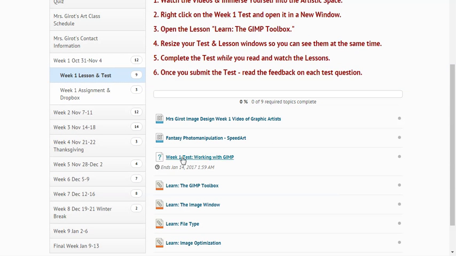So as you go through the test, read each question, then go back to the lessons and find the answers. They go in the same order, okay? So as you're doing the test, you'll be reading the lesson in order and finding the answers. You can get a perfect score if you do it that way instead of guessing. Plus, you'll learn what you're supposed to learn for the class, right? So complete the test while you read and watch the lessons,